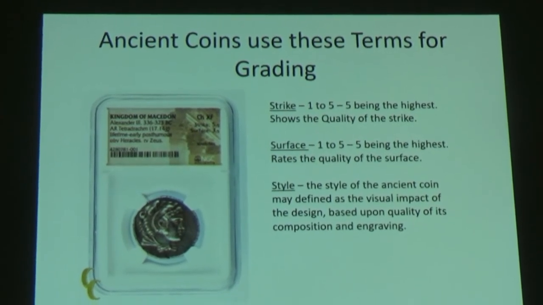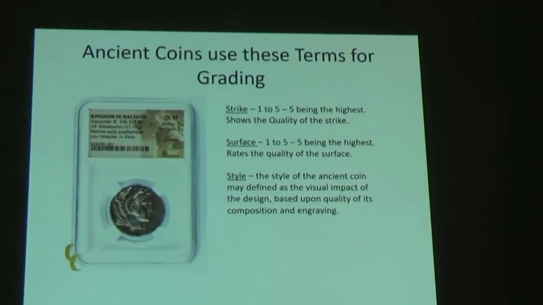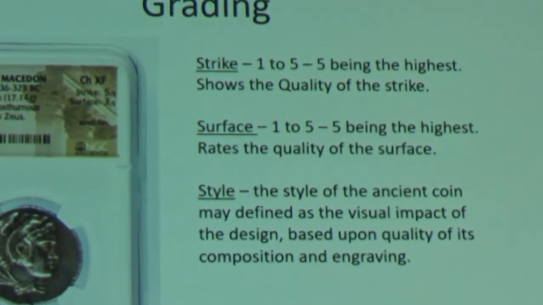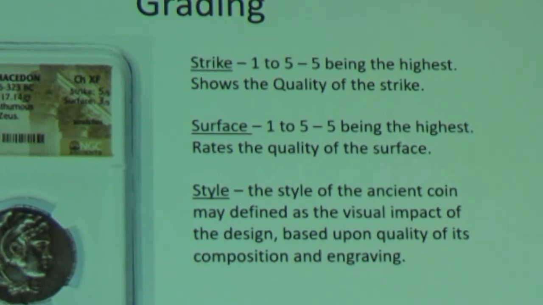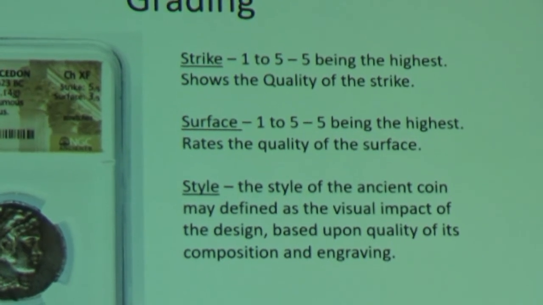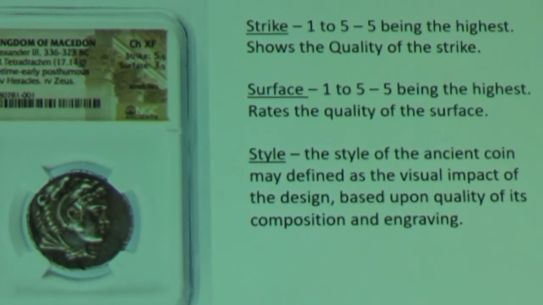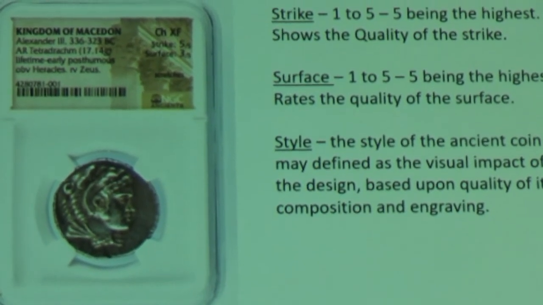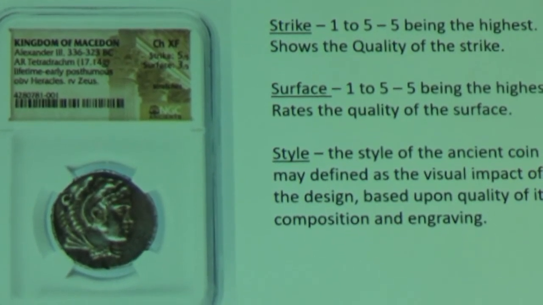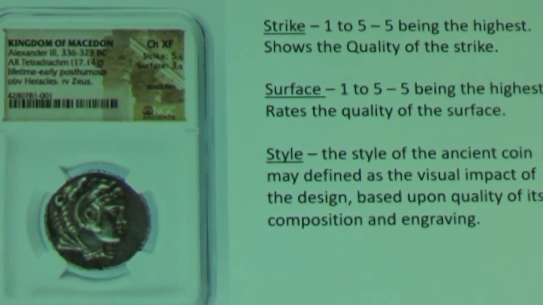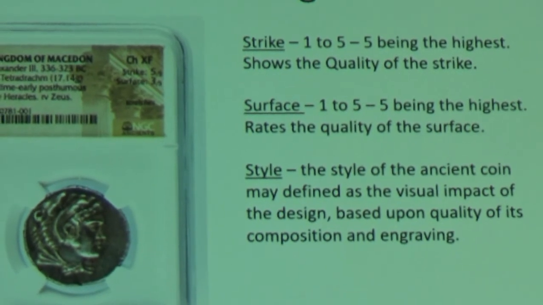And I really didn't understand what their grading meant, but the strike goes from 1 to 5. So you look at the coin, and whoever's grading it has to decide whether it would be what I would equate to good, extra fine, or AU. And then the surface. They look at the surface of the coin. Again, it's just like looking at the appearance on any coin that you look at, and turn it around and see both the obverse and reverse to see what kind of condition the face is. And then the style. In other words, how much of the detail is in there and the quality of the